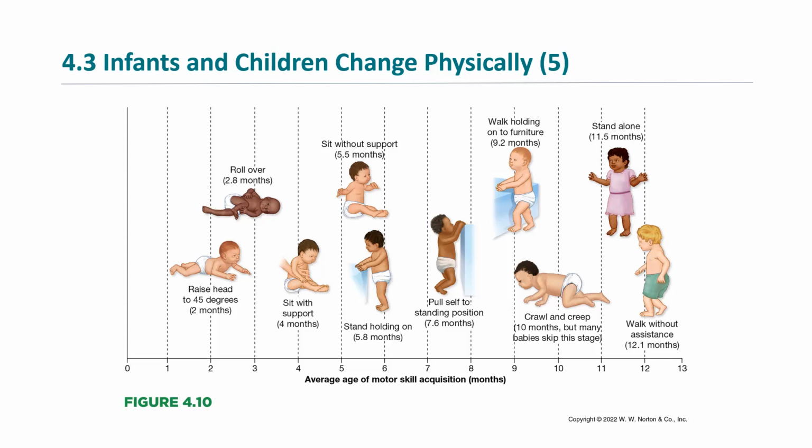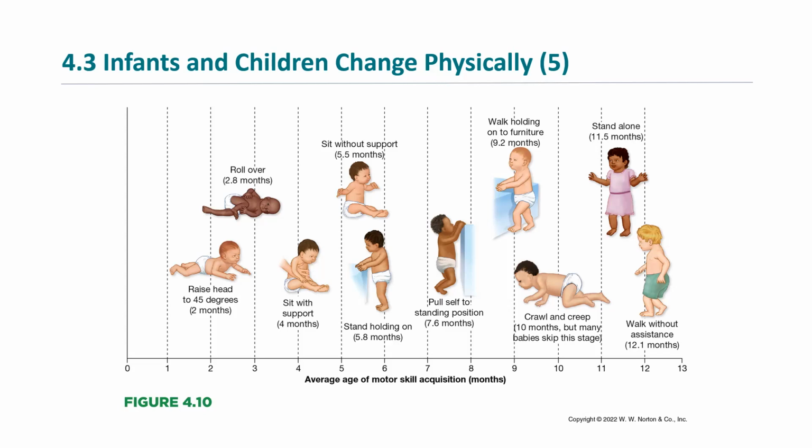But the age that children develop each of these skills shown in the picture does vary quite a bit. So what's shown here are the average ages for each skill. But keep in mind that babies can be weeks off of these average ages and still be considered to show normal development. You can see if you look at the final picture on the right. So basically what we call walking, when they can actually walk without assistance.